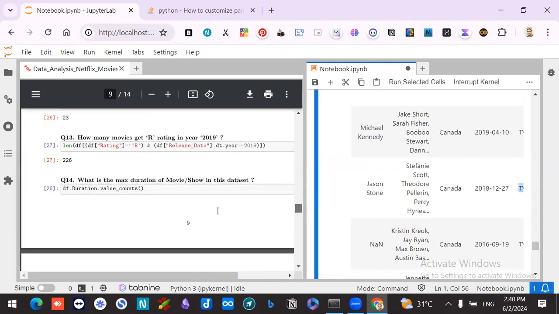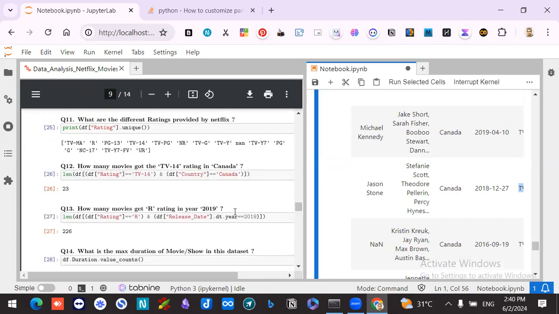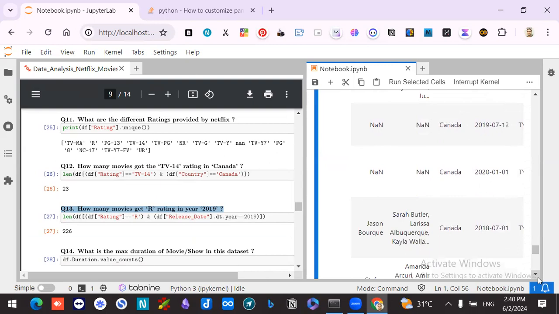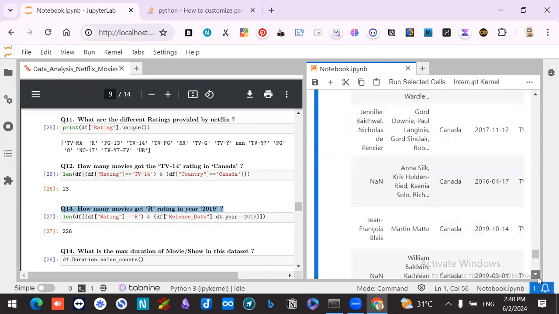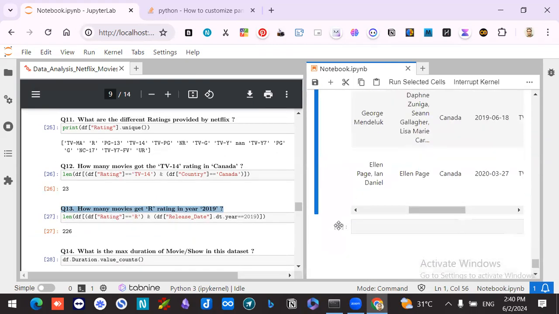Now the next question comes here. How many movies get R rating? Similar way, but here we are taking the year. Not just that value, but we are taking the year as well. So for that, what we have to do here is change it into something like